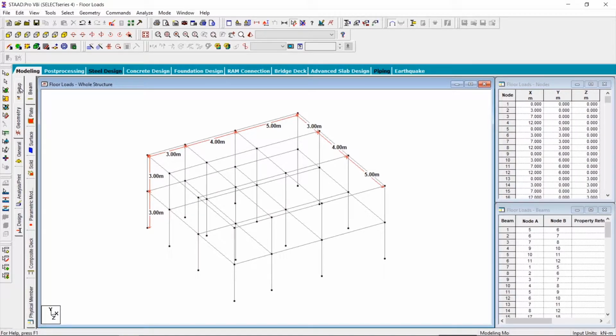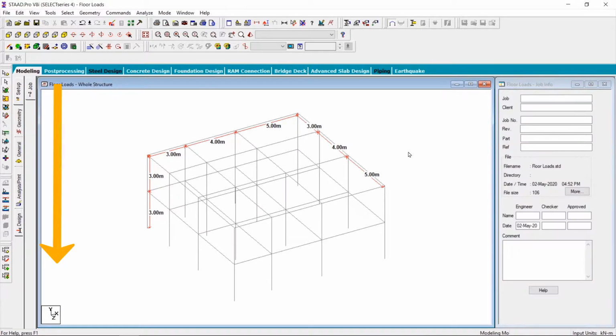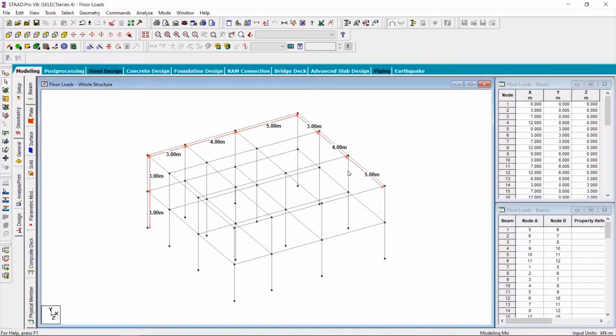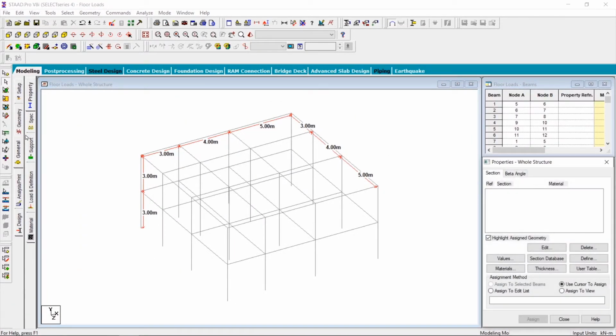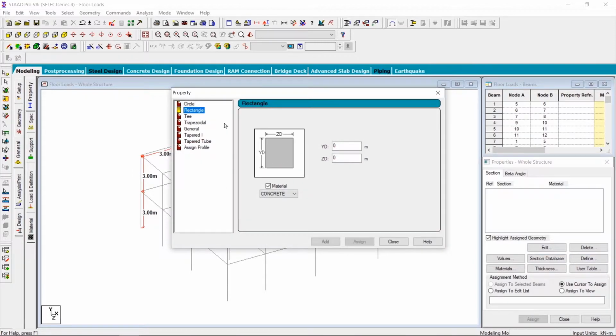So in order to go to properties, I talked about following the path from top to down. We are right now in geometry because we did not do anything with the setup. You can, of course, if you're creating a project for a client, do all this. However, in my case, we simply went into geometry. We have created a geometry. Let's go into general. We'll go inside property and let's create a default property. So I'll click on define, go to rectangle and give it some rectangle sizes. So I'll give it 0.3 and 0.45. Just click on add. I'll leave the material to be concrete.